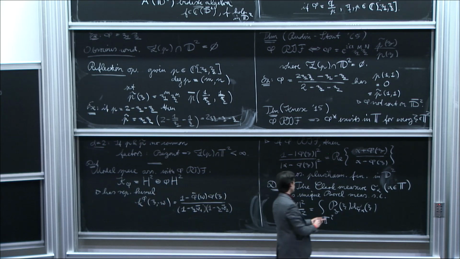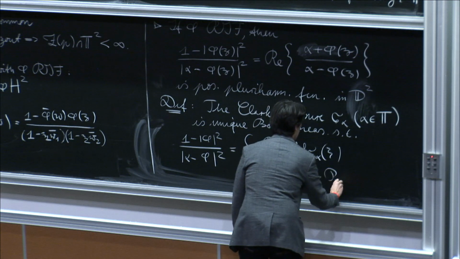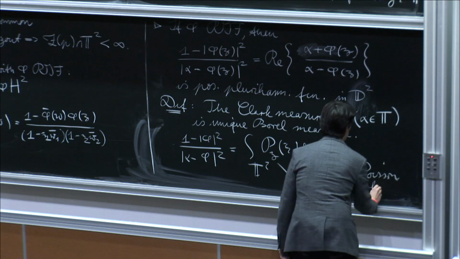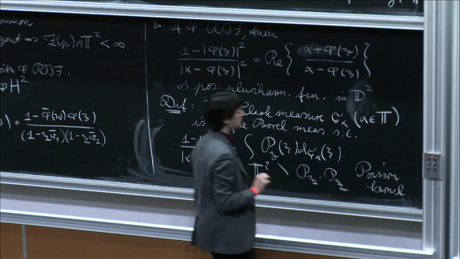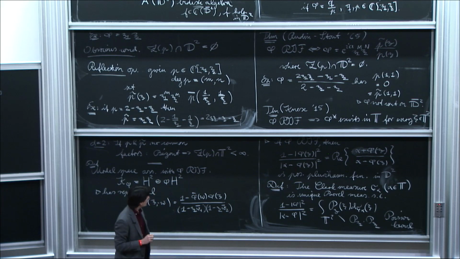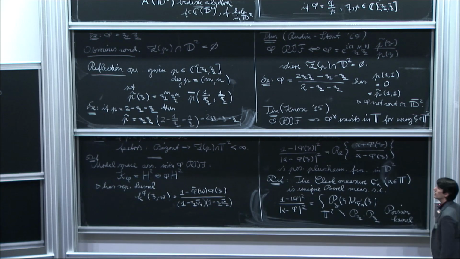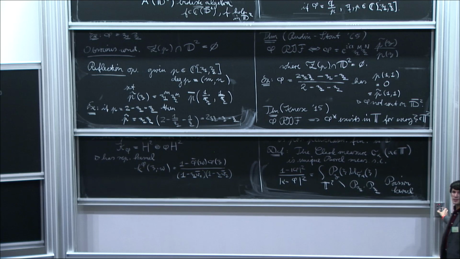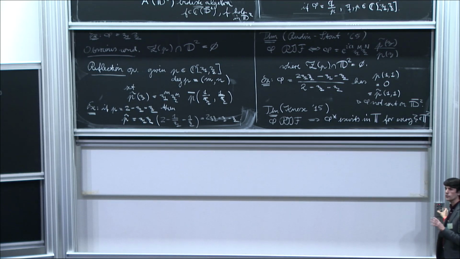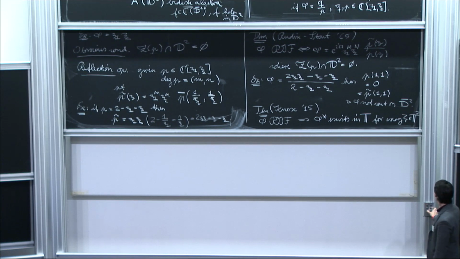And so here, this is the product Poisson kernel. So it's made up of two copies of the Poisson kernel. Okay. All right. So we've put down all the definitions that we need, except for one. But before we proceed, maybe we should try to get some feeling for what's going on in this context by